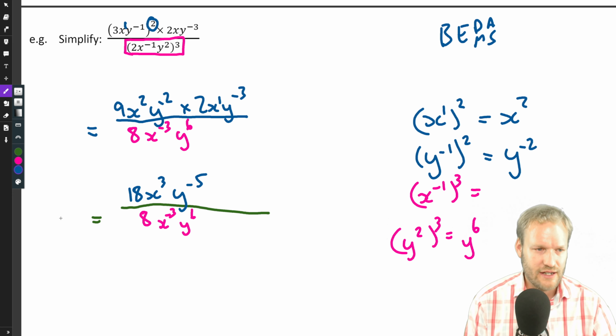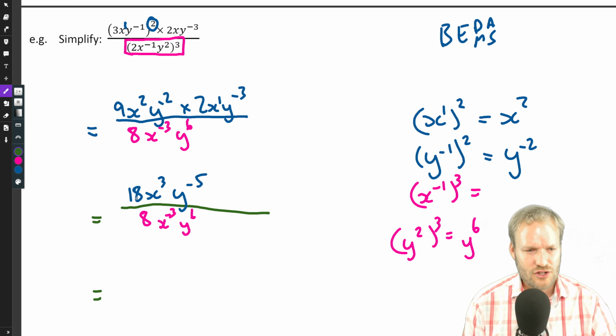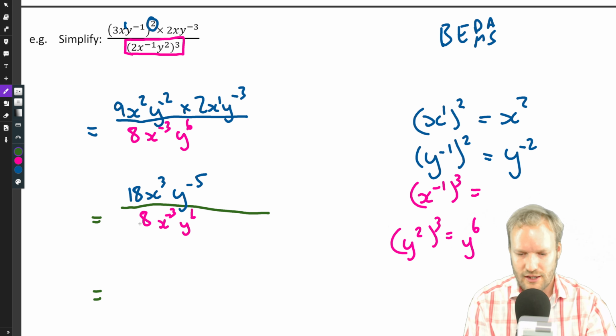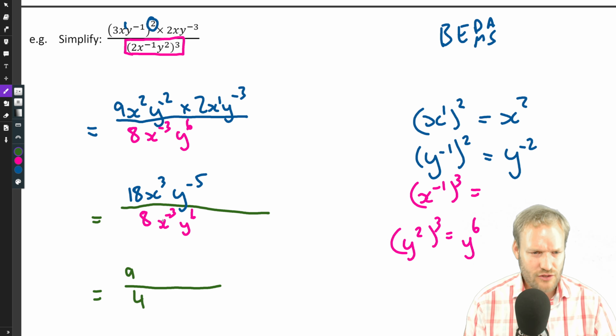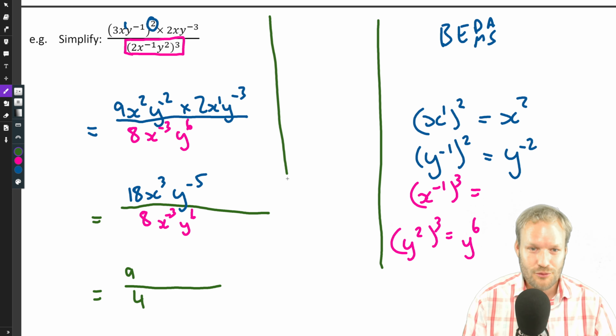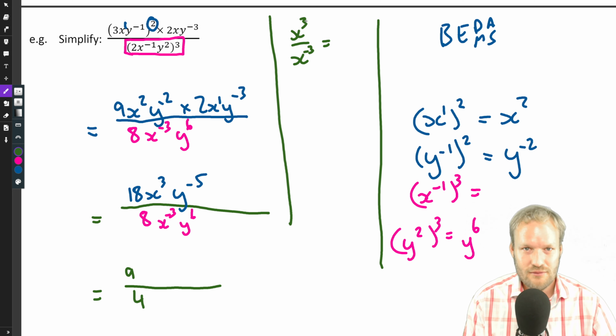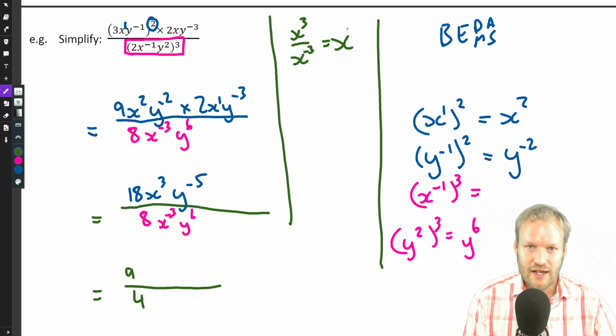Now I'm going to divide in the next step and say, okay, well, 18 over 8, I think 2 goes into that, 9 and 4. Of course, you can just grab your calculator out and punch it in, and you'll see that 18 over 8 is 9 over 4. So whichever one you prefer. Then x to the 3 over x to the minus 3. So let's just add in a little bit more scribble space over here and say, well, x to the 3 over x to the minus 3. Just applying my exponent laws, dividing, subtracting 3 minus minus 3, x to the minus 6, which makes it,